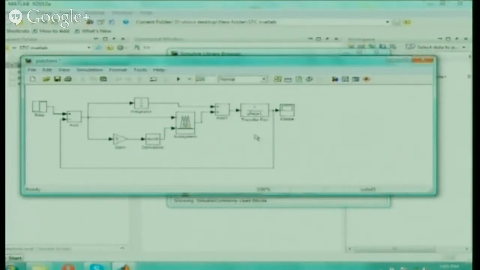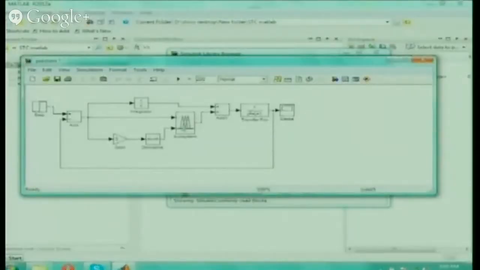What I did, I went to the library, I took the block which I want, I put it here. Depending on the number of inputs, I changed the block, but changing it will not allow. So what I did, I took another untitled one and copied the subsystem of this inside that and made a subsystem there, and according to me, I customized it. Okay, then come and put it here. So just a customized one, I have kept it here.